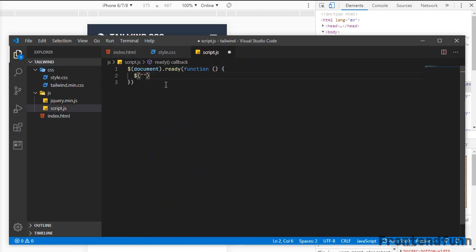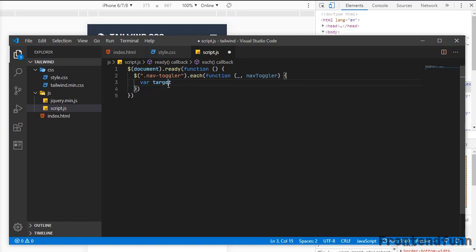Okay, so I need to target the nav-toggler, .each(function(_, navToggler). So I am getting the nav toggler element here.